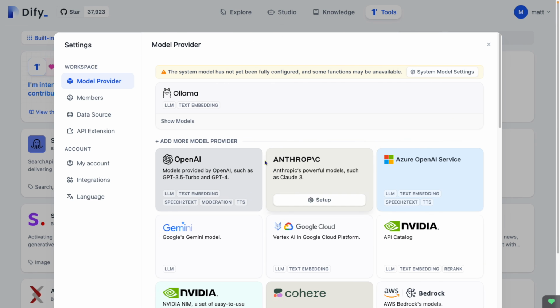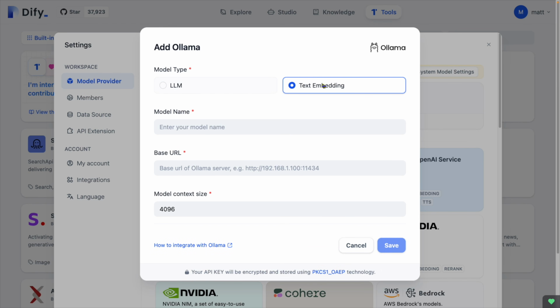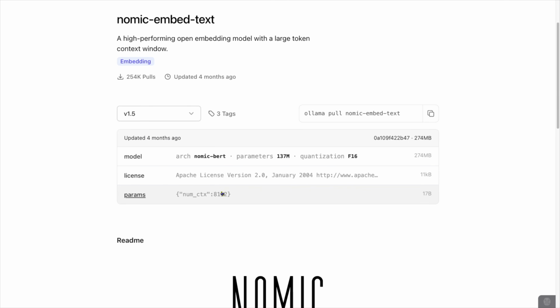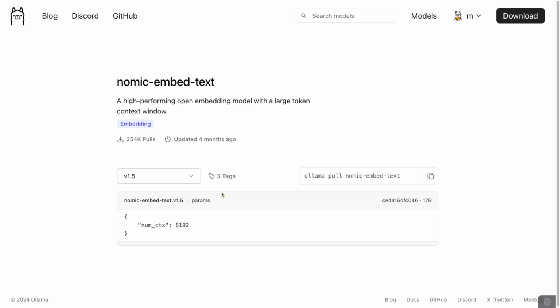Since we're here, go back to the top and click Add Model for Ollama again. For model name, enter nomic-embed-text. Enter the same URL, which in my case is http://host.docker.internal:11434. It's reasonable to have multiple Ollama servers, each hosting different models, so that's why we have to enter this each time. Finally, model context size is a little different. You can see on this page for the model, numctx is already set to 8192, so enter that in the